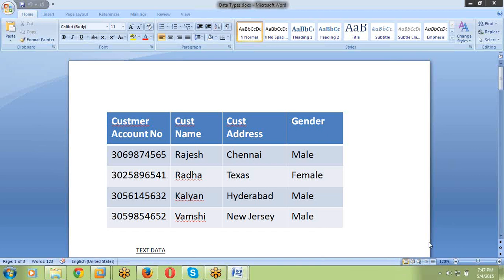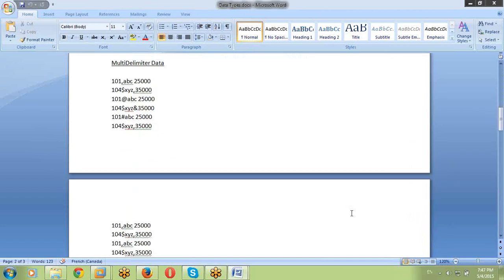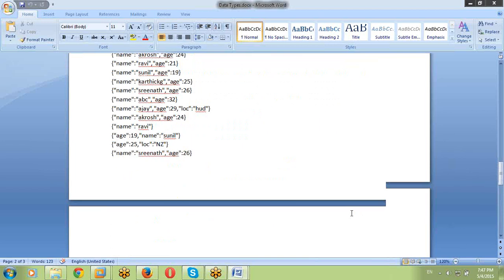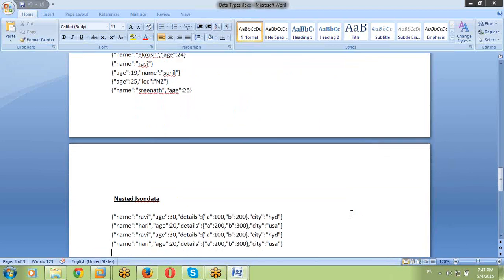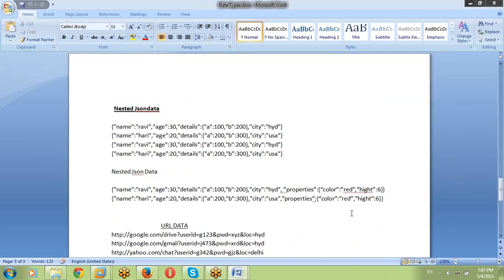Right. In our last class, we successfully completed how to handle JSON data and how to handle XML data, using different functions, internal functions and JSON SerDe. Using those JSON SerDe, we saw how to convert the JSON data to structured format. Those concepts we completed in our last class. Right? So any doubt up to last class? Everyone is clear?